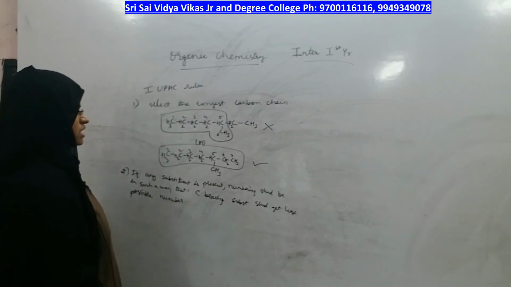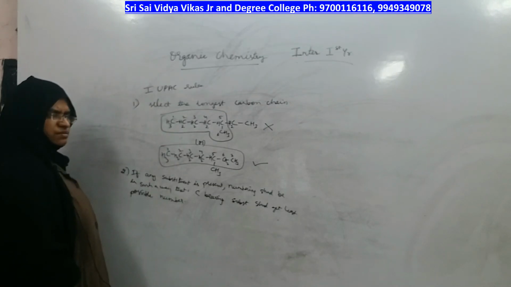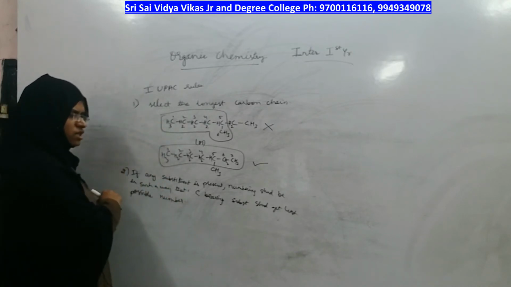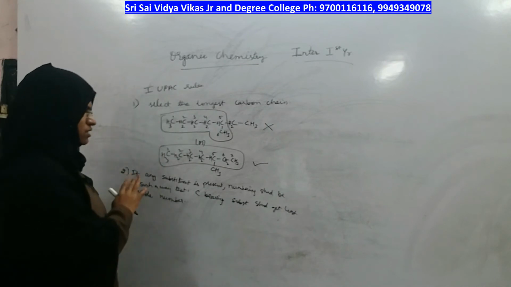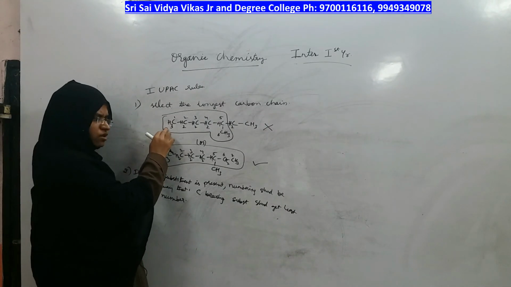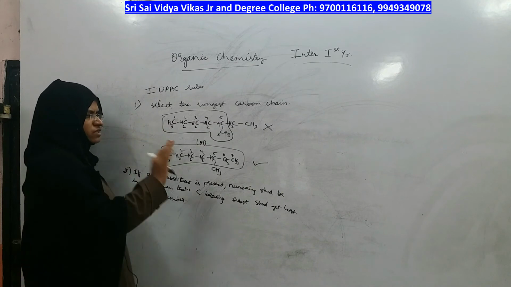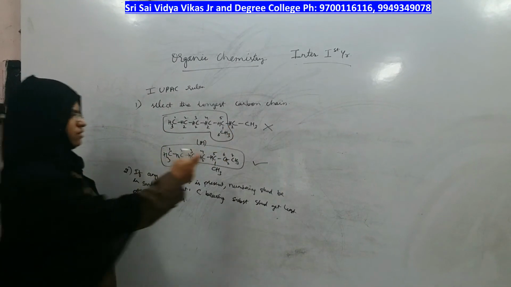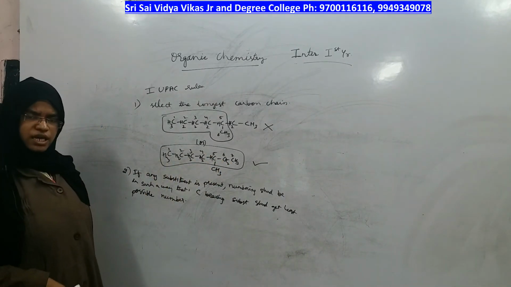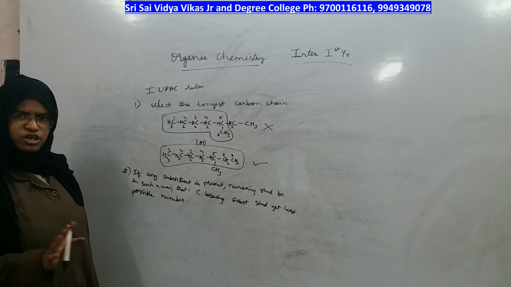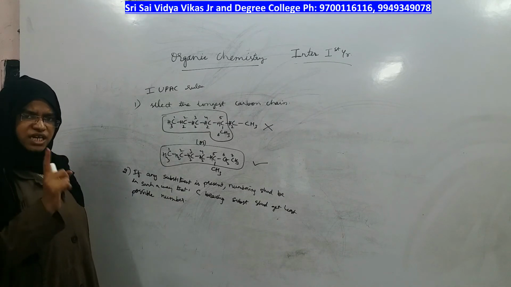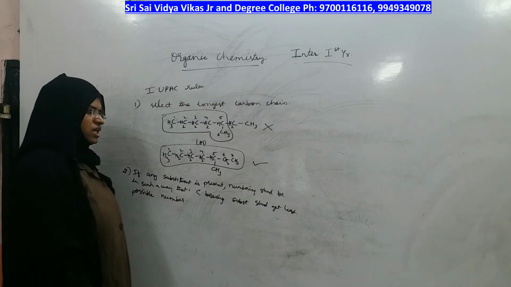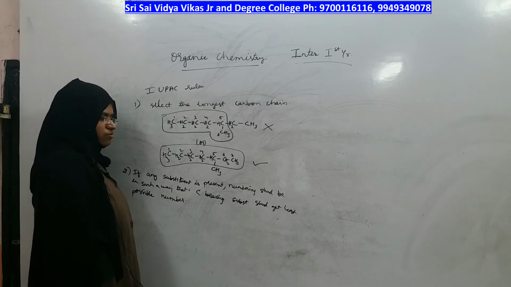That type of numbering is correct, because when a substituent can be present, why have I taken numbering from the left side only, why not the right side? What does it mean? Should I always take from the right side, or the left side only? No, I can take numbering from the left side, starting from 1 2 3 4, or from the right side, starting from 1 2 3 4. But can both of them be correct? No, both of them cannot be correct. Only that side numbering is correct in which a substituent-containing carbon gets the least possible number.